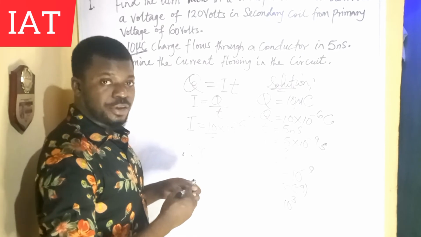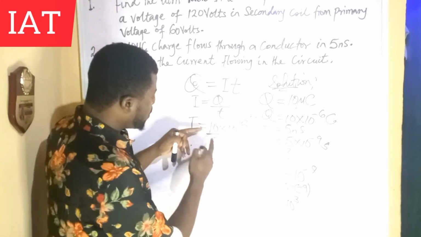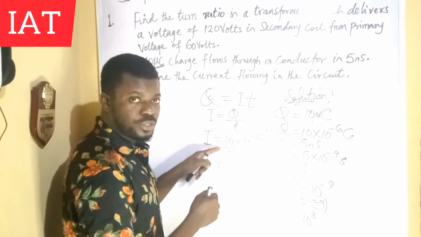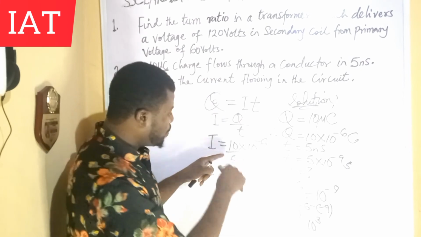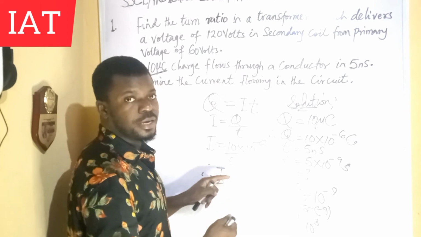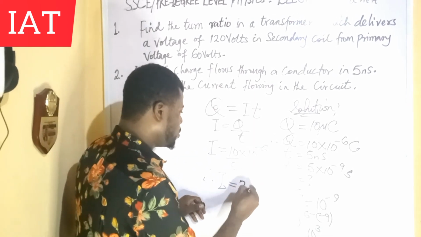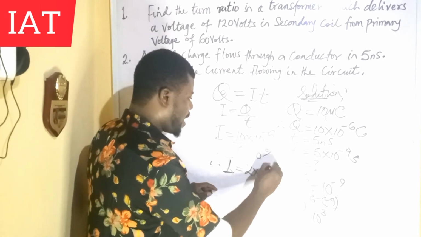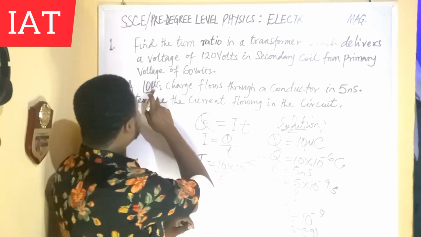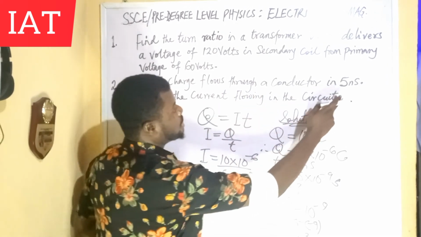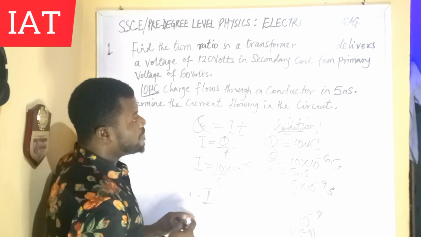But if you want to punch it accurately on the calculator, what you need to do is this. Punch 10 times 10 to the power of minus 6, divide by, and when you press the division sign, open a bracket. Then you type in this value, 5 times 10 to the power of minus 9, and you close the bracket. If you press equal to, you have 2 times 10 raised to the power of 3. And the SI unit of current is the ampere, which is capital letter A. Since from the question, we have 10 microcoulomb and 5 nanocoulomb,